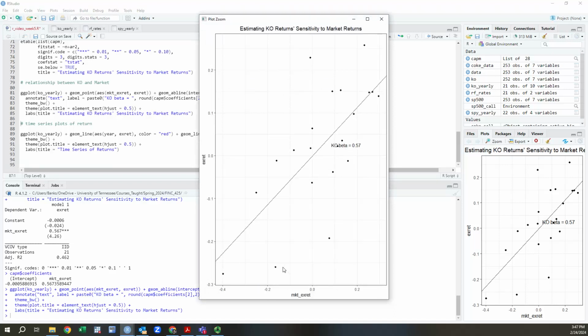we have points that represent each of the pairwise relationships between the market's excess returns and Koch's excess returns over the risk-free rate. And the relationship is positive. It seems to be fairly broad of a relationship. It's not a super tight-fitting line, but there is some positive sensitivity to the market, which is what the beta